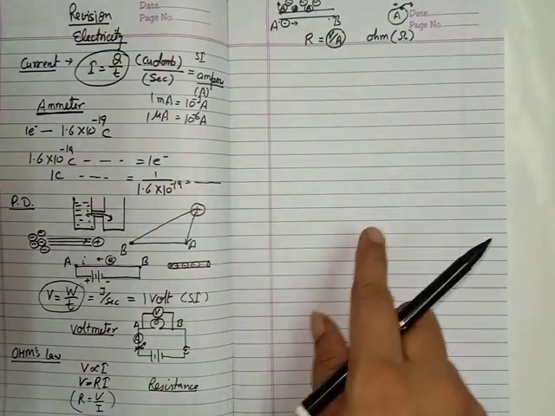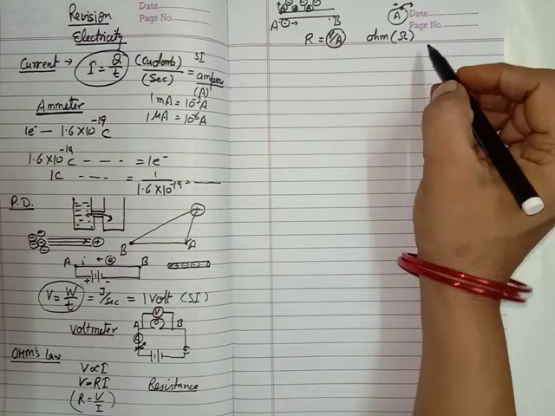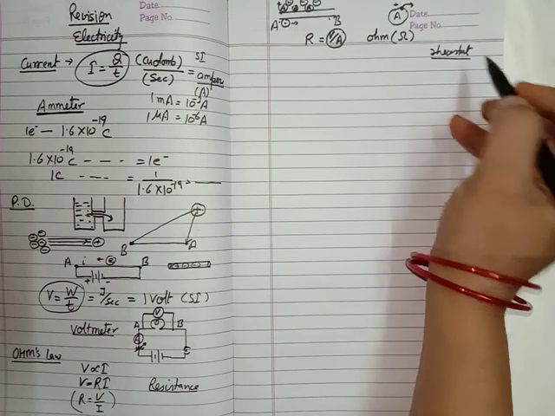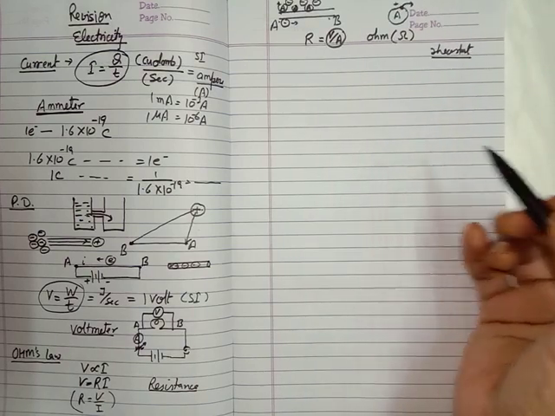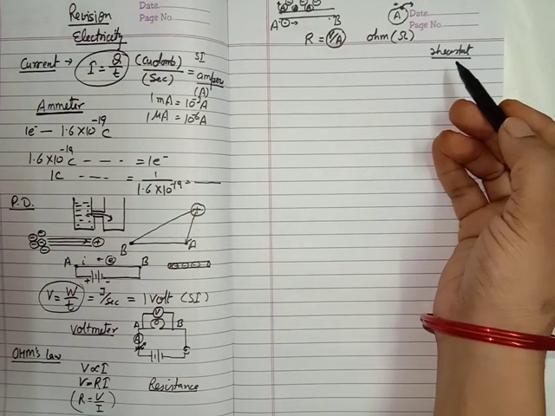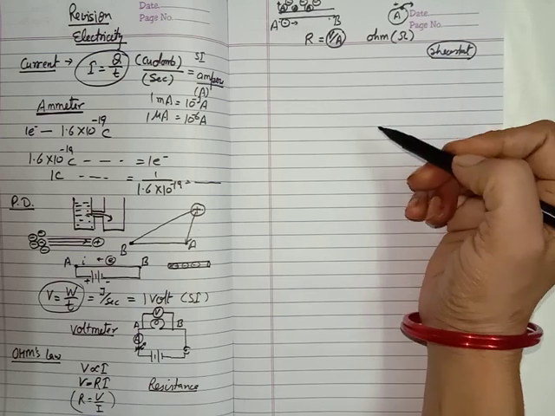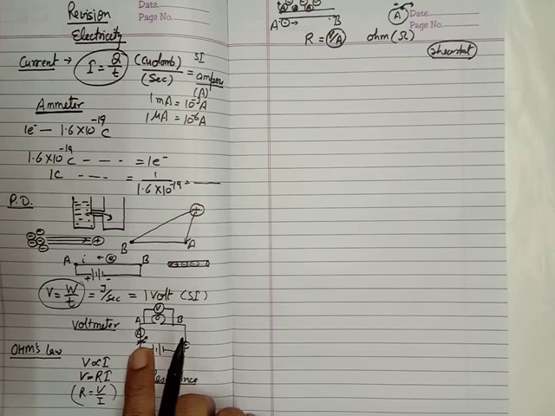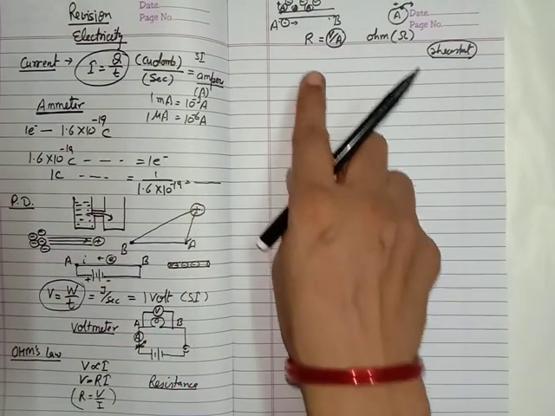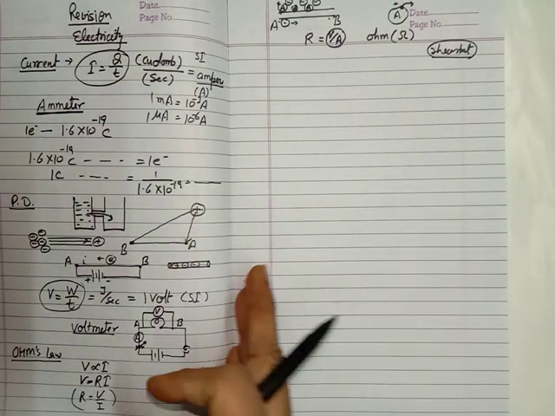Now, I have already told you what the rheostat is. We use a rheostat to change the current in the wire. How are we going to change the current in the wire? We change it by changing the resistance. This rheostat, which we use in a circuit, changes the resistance of the wire, so that by changing the resistance we can change the current.